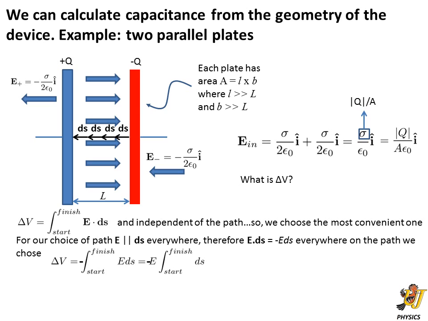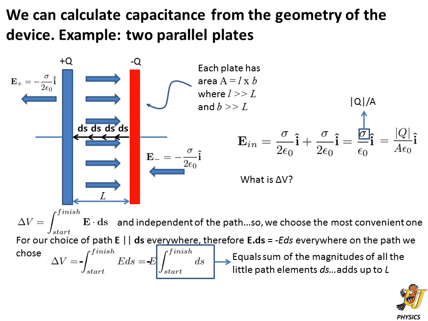To calculate the potential difference, we just integrate this expression. Because we know the electric field between these two charged plates will have a constant magnitude, we can take it outside of the integral, and the integral over ds just means we have to add up all the little lengths ds until we get the distance of separation between these two plates. Therefore, the potential difference between the two plates, its absolute value, can be written as is shown at the bottom of the screen,